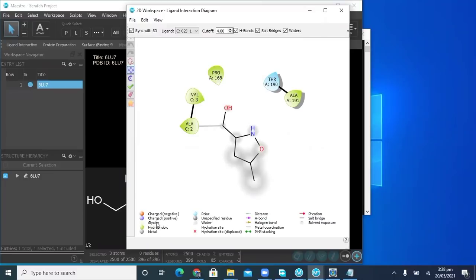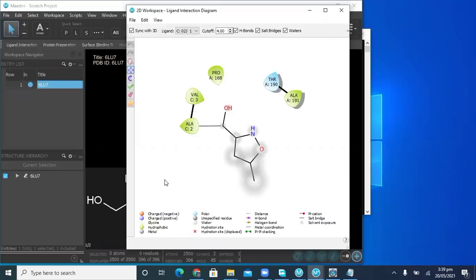This is showing that we have only hydrophobic interactions. After that we perform MD simulation, which shows us how many hydrogen bonds there are, how many specific hydrophobic interactions there are, and how many van der Waals interactions there are.